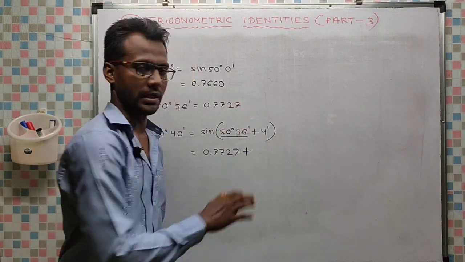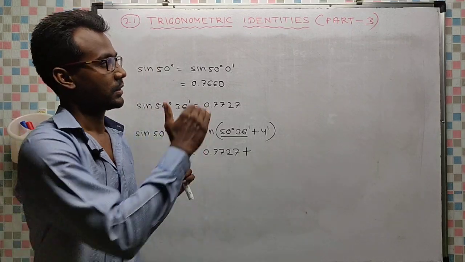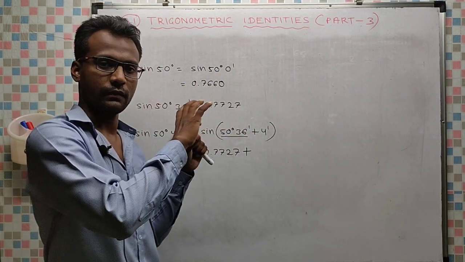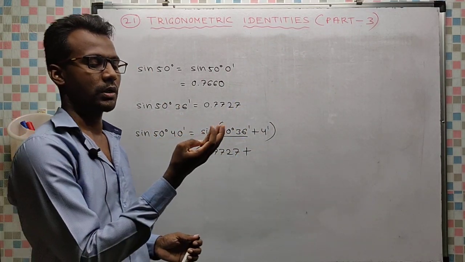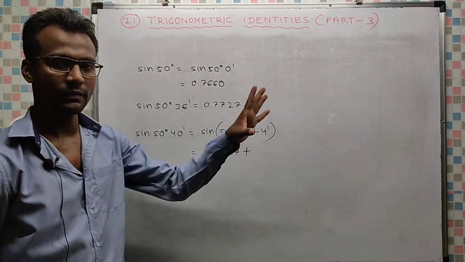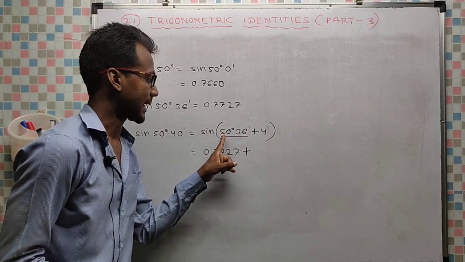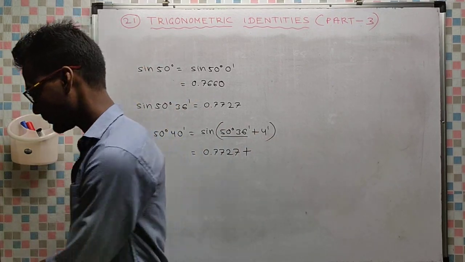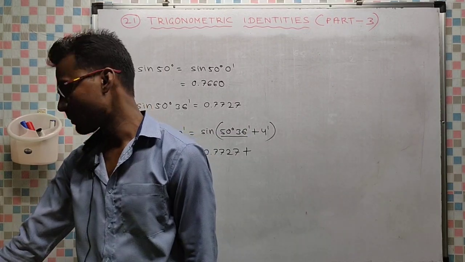Now let us go for 4 minute. Now how to look at this 4 minute? Go for the mean differences. First row, move to the last. Mean differences are given 1, 2, 3, 4, and 5. 5 are given, mean differences. Now look at sine 50 degree and 4 minute mean difference.